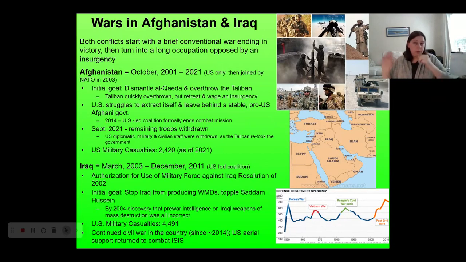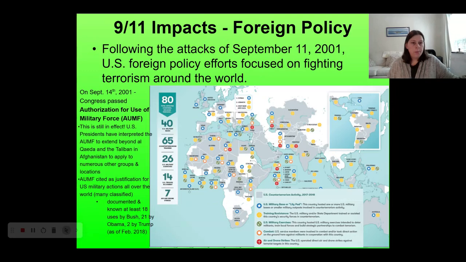Broader than just these two specific wars in Afghanistan and Iraq, the war on terror swings us back to something that we talked about in the last video, and this is the debate over the extent to which the executive branch should have power. How much power should the executive branch have in foreign policy and diplomacy? A lot of this centers around something called the AUMF, the Authorization for Use of Military Force. A few days after September 11th, 2001, on September 14th, Congress passes the AUMF, which is essentially an authorization for use of military force by the president.